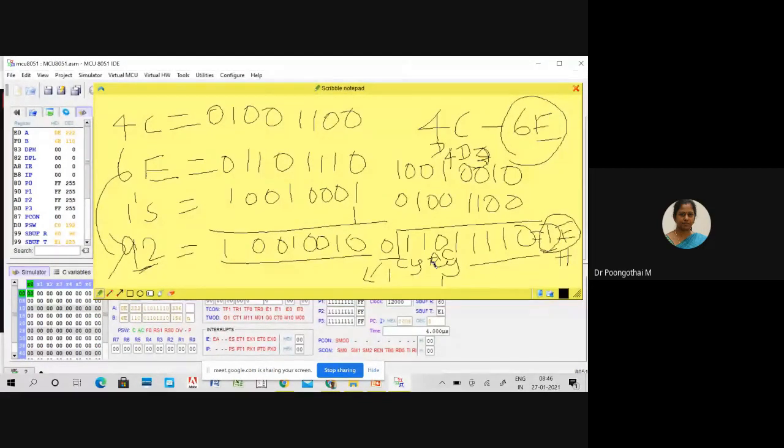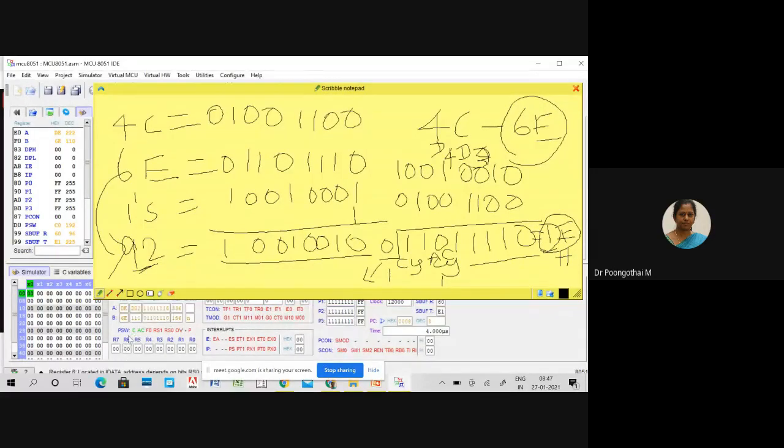For overflow setting, we have to follow two rules, no? Similar to that, after subtraction, we have to invert this carry. Since your 8051 does not have any internal subtractor circuit, only a 2's complement circuit, that is the adder circuit, that adder will give, suppose if we are subtracting a larger number from a smaller number, your answer in 2's complement form. In that case, you have to invert that carry. See, in the simulator your 8051 inverts and shows the carry flag status. Here we do nothing, and your carry is set to 1. So that is the internal operation.